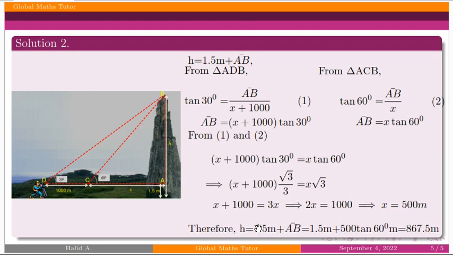Therefore, h is 1.5 plus this height AB. AB is 500 times tan 60 degrees, which is 866, so this plus 1.5 gives around 867.5 meters. So this, the height of the hill, is calculated using